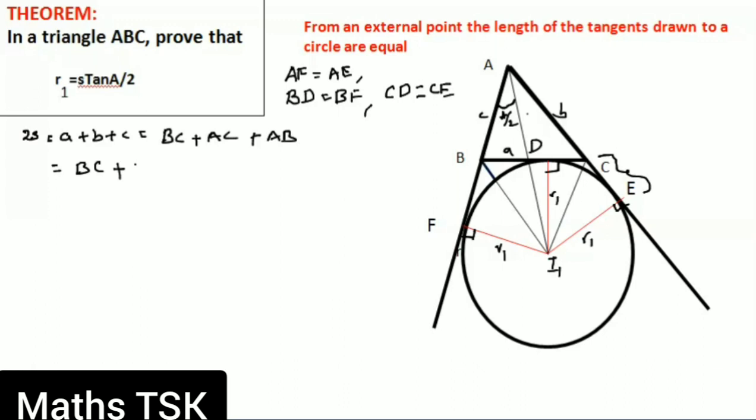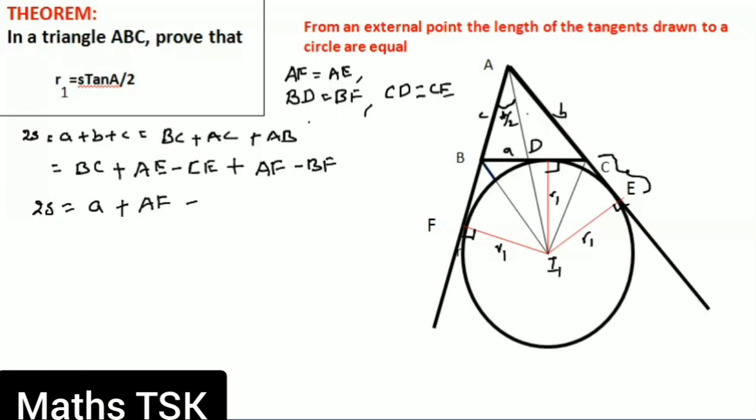Plus similarly, AB can be written as AF minus BF. So 2S is equal to A plus, I can write AE as AF